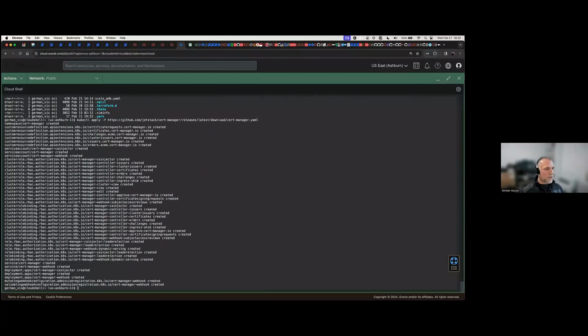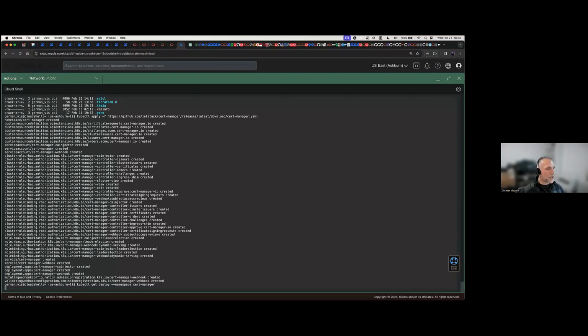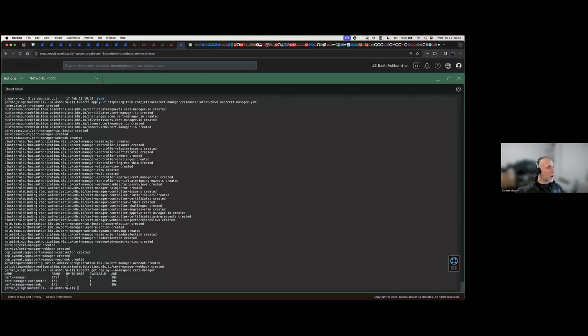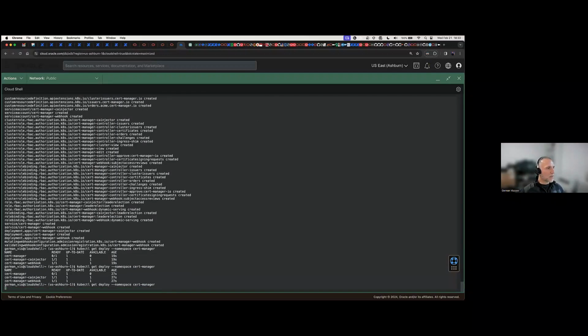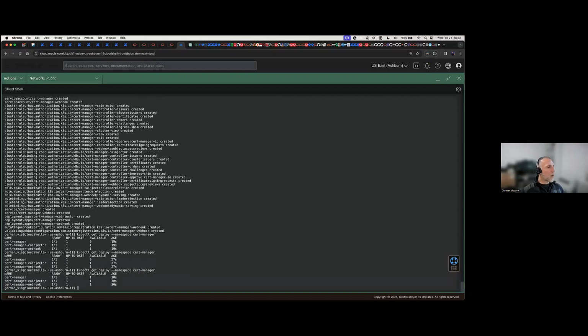Okay. So as you can see, it worked. And if you want to verify that Cert Manager is installed, remember that this is a prerequisite for OraOperator, so we'll have to do it. We can run get deploy and ask for that namespace, cert-manager, to see if it's here. And you should see all ones here. On the first one we see 0, 1. We need to see all ones. So let's ask for it again. There you go. 1, 1, 1, 1, 1, 1. This is what you should be looking at to say, okay, Cert Manager is installed. All of them ready. 1, 1, 1, 1, 1, 1, right?